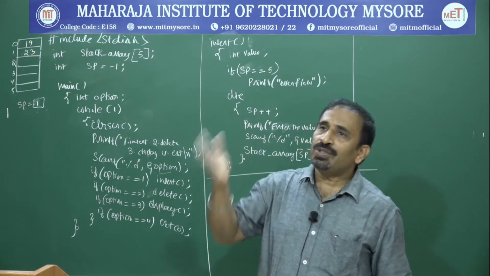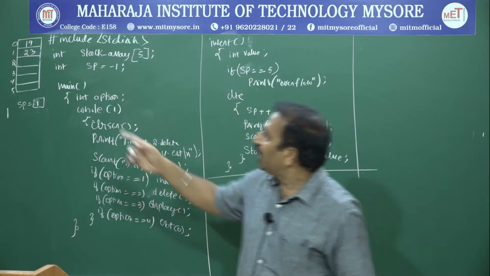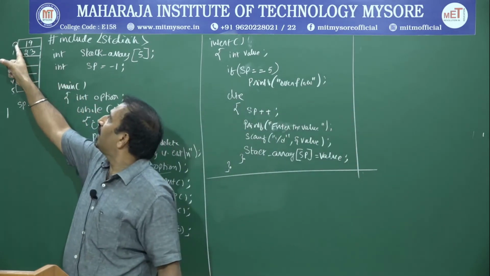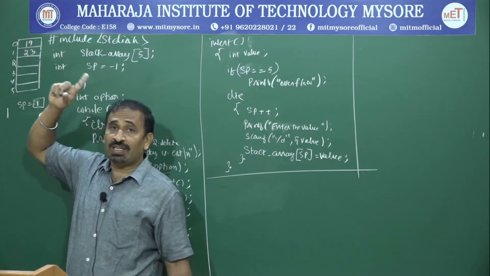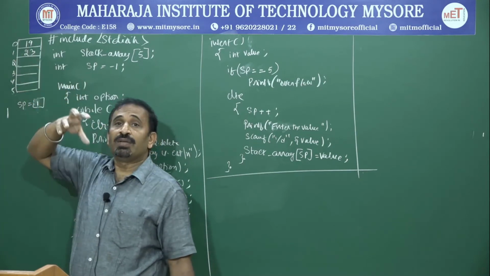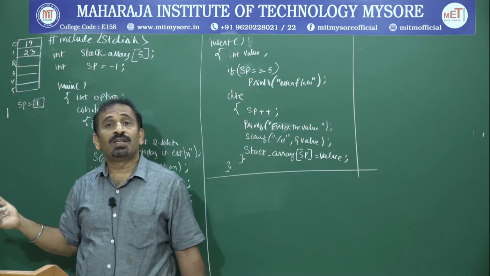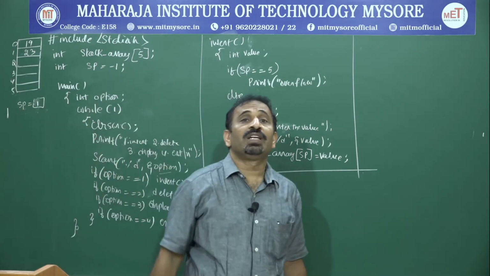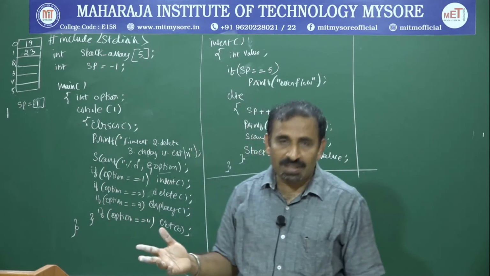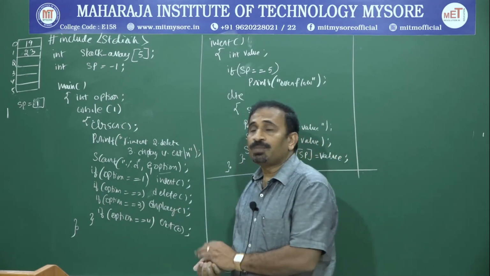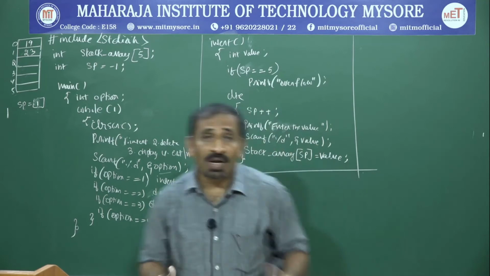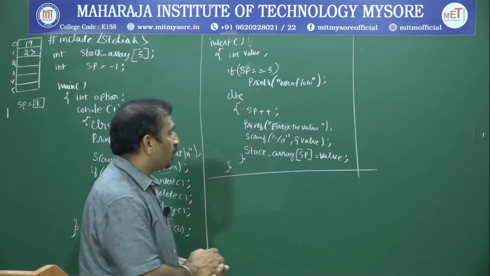So as and when you start decrementing it, even when you delete an element, if only one element is there, that is called 19. When you delete that element, SP will become -1. Next time when you try to do deletion, it will say no, elements cannot be deleted. So you have to write the program accordingly. First step, you are supposed to write something like this.